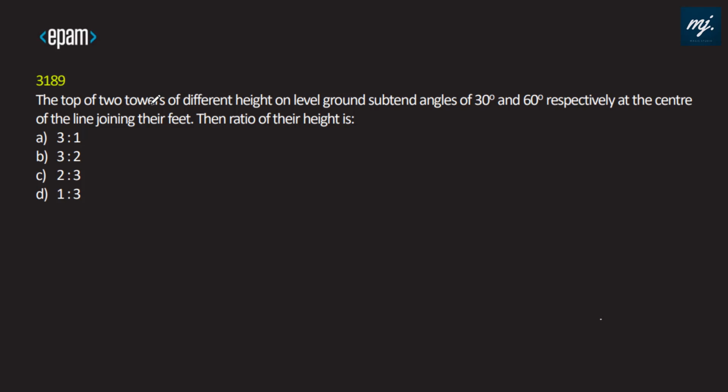The tops of two towers of different height on level ground subtend angles of 30 degree and 60 degree respectively at the center of the line joining their feet. Let this be the small one and this be the higher one. At the center, with the small one, obviously this angle will be small, 30 degree, and since the other is steeper, it would be 60 degree. And these two sides are the same. This is at the center, that means this distance and this distance are both the same,